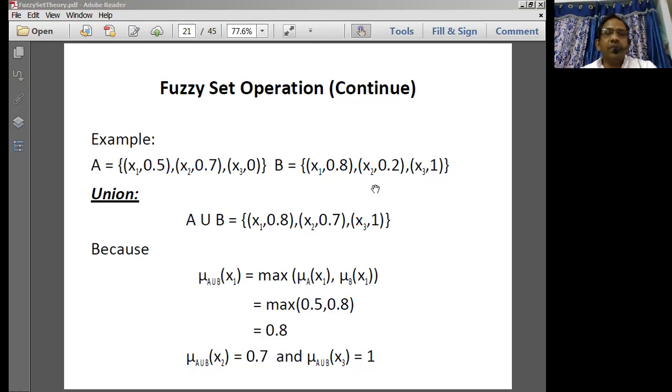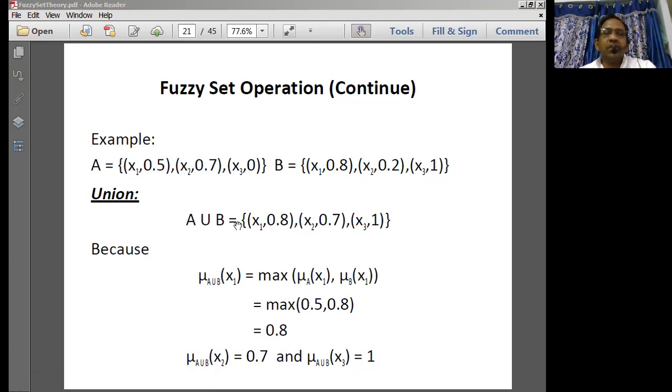This is 0.5, 0.8. Max of 0.5 and 0.8 is 0.8. So the membership function of A union B of x1, if you take it only for element x1, the maximum value among these two is going to be simply this.